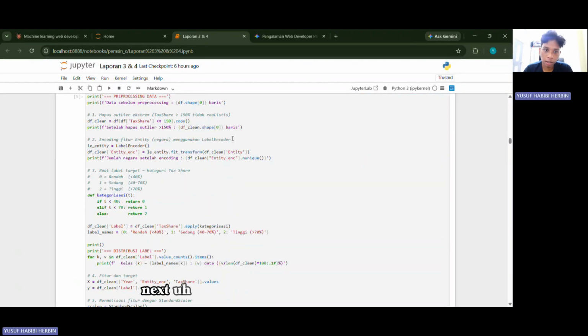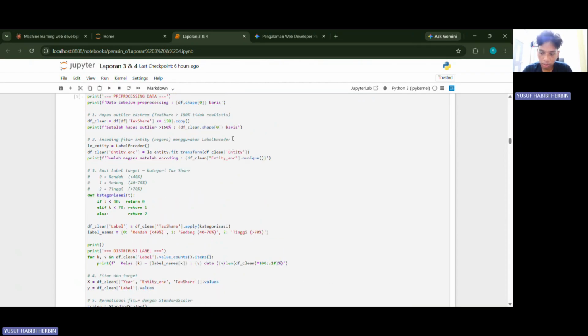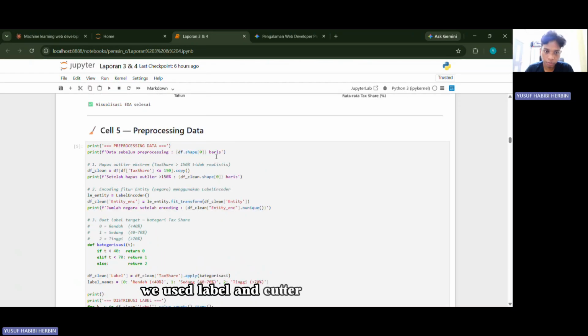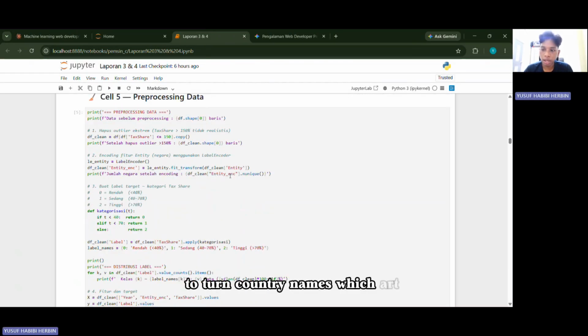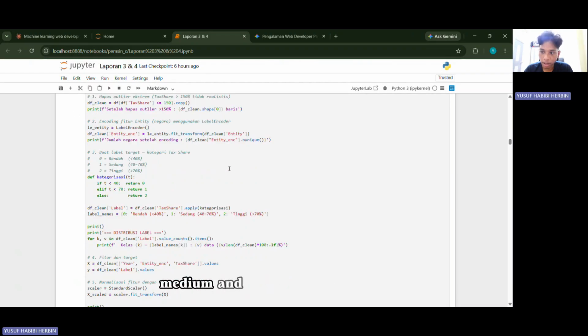Next, processing data. First, we remove extreme outlier values that could confuse the model. Next, we use label encoder to turn country names, which are text, into numbers, because machine learning models only understand numbers. Then we create three categories: low, medium, and high.